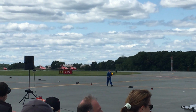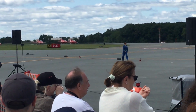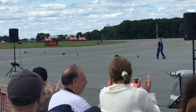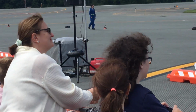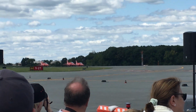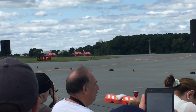My name is Squadron Leader Adam Collins. I am Red 10, the supervisor with the Royal Air Force Aerobatic Team, the Red Arrows. Well, this is my absolute privilege to be here today. I'm going to talk you through the display. I'll let you hear some of the aircraft radio transmissions, and I'll give you some background on the team and